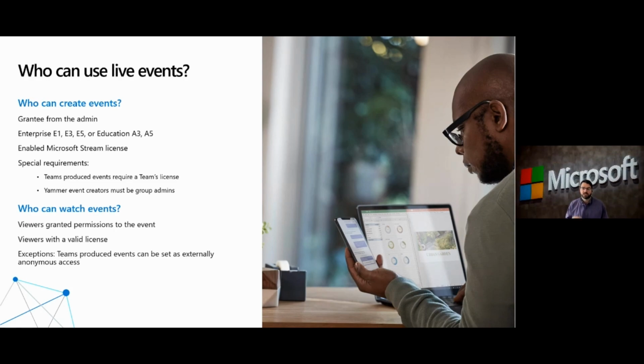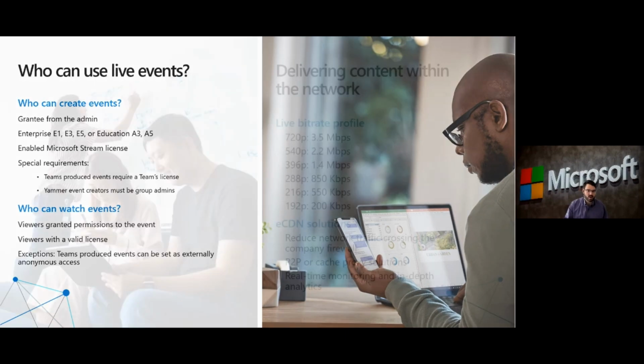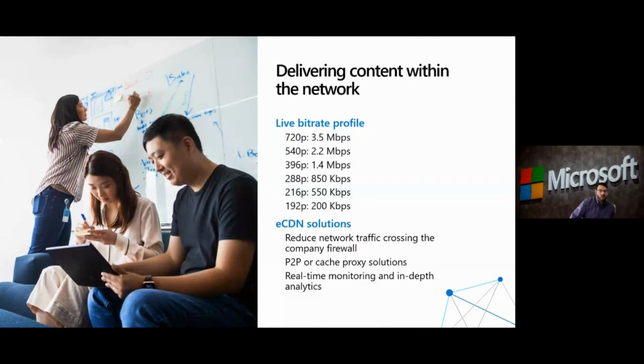Now, one of the questions that we get is, what is the delivery content within the network cost, right? What is the bandwidth cost? And so this is actually what will be live bit rates at its max, not as its norm. And what you'll actually see is, like right now, bandwidth requirement is very small because I'm not changing the screen. My video feed is actually quite small, and so the impact of the network is reduced.